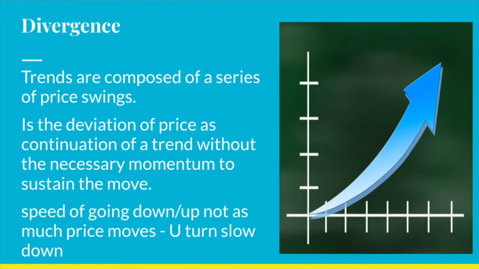So divergence is the price continuing the trend without the necessary momentum to sustain the move. That means price is moving up and the momentum is not there. Price and momentum are not going together. That is when you have a divergence. There is a divergence when you don't have enough momentum, and that gives an early warning that something is going to happen. That early warning is what we are trying to anticipate and then take trades